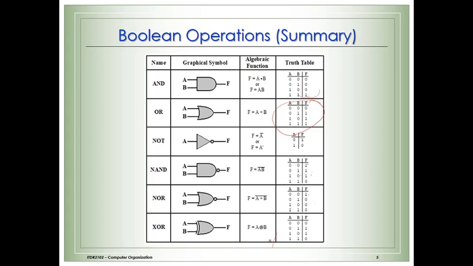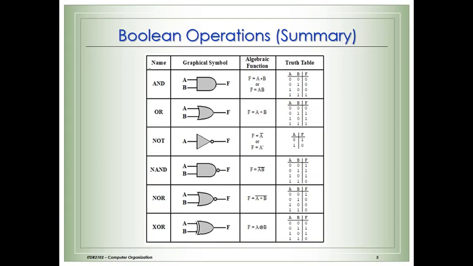Exclusive OR: if all the values are the same, the result is false. For the result to become true, you should have an odd number of values as true. So here, the number of true values is 0, meaning even, so the result is false. Here an odd number of inputs are true, so the result is true. Where an even number of values are 1, the result is false.